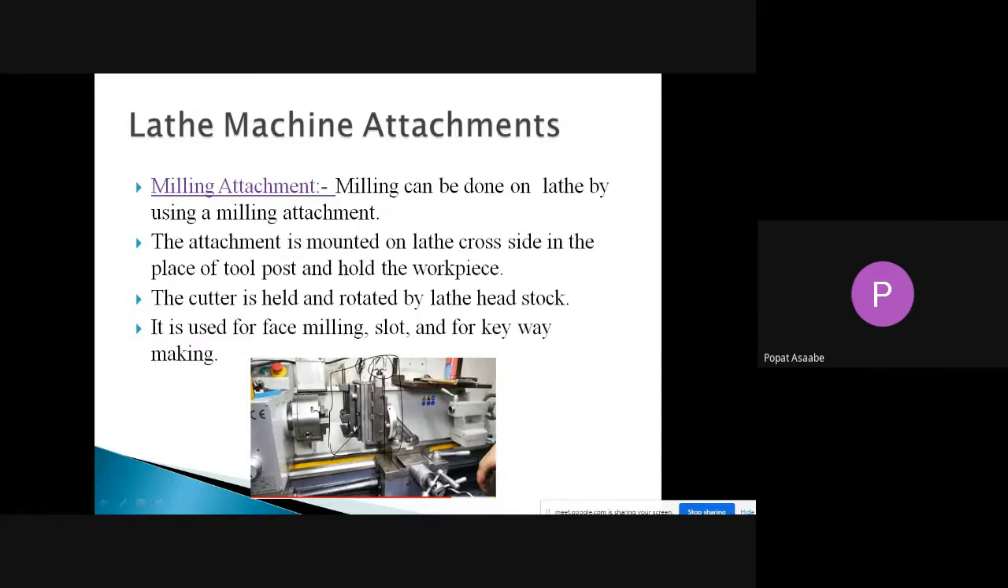of the tool post. In that milling attachment it consists of one slide. See, if you are observing, one slide is provided in this milling attachment, and at the top of this slide it consists of one rotating wheel. Okay, and here we can hold your workpiece. Whatever workpiece is there, we can hold here,